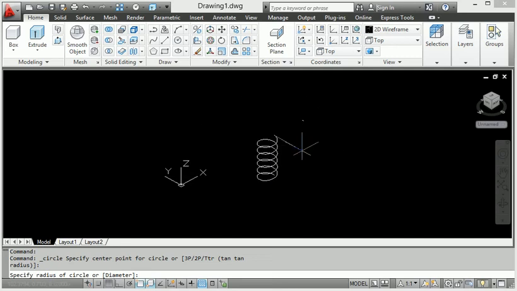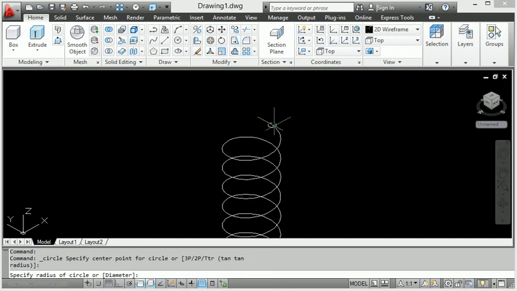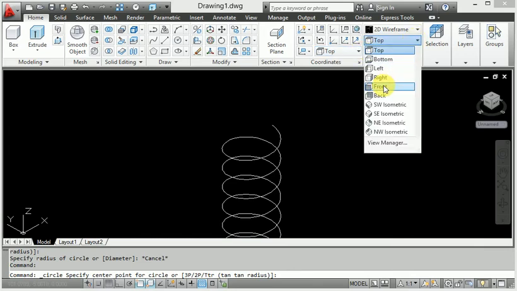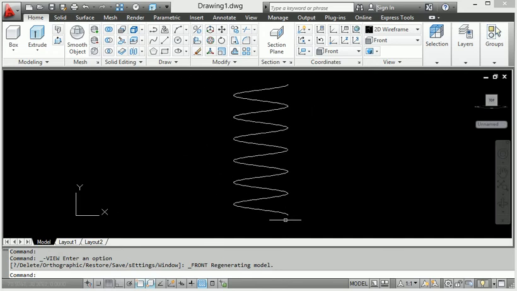But the circle is in the same position right now, and I want the circle in the opposite position. So again I will show you how to change this view here. Let's change the view to the front side. Look here, change the view. Then let's start the circle.